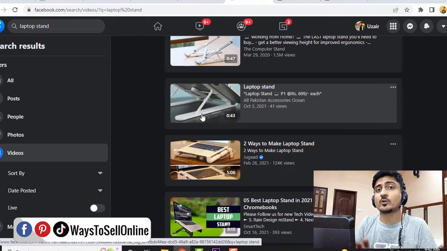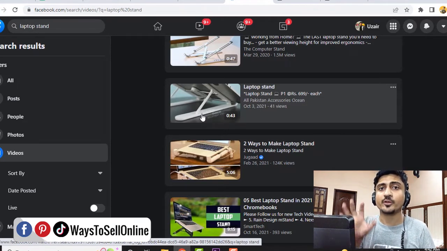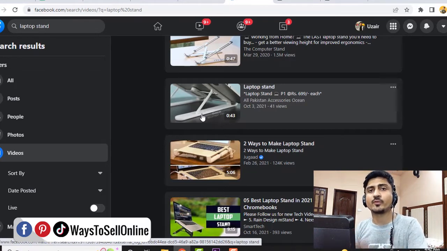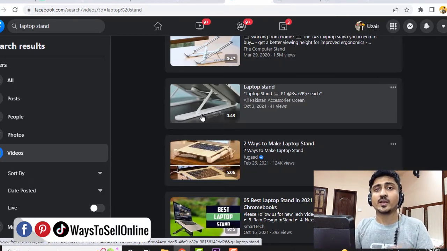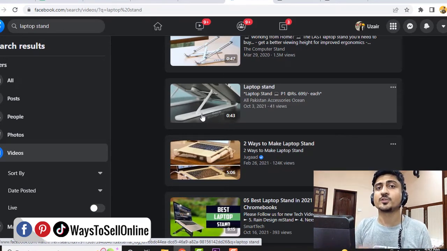And you need to name your TikTok page as per your product name, like the laptop lifestyle or the laptop stand or anything like that. If you create a page with that name, and if you post regularly a video of 10 to 20 seconds for the same product with different angles and showing different features, your audience who follow your page on TikTok will be really interested in purchasing your product.